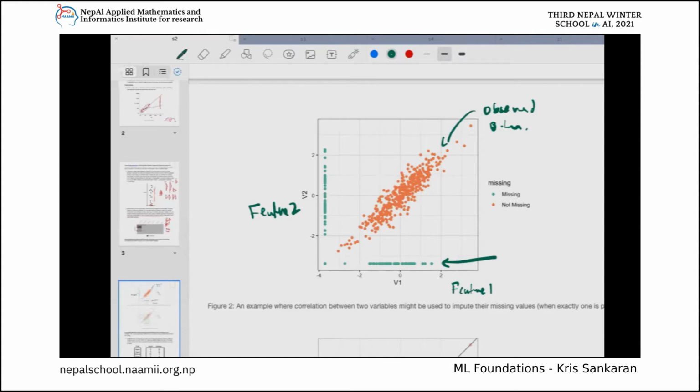They're not observed in V2. And vice versa, these are only observed for feature 2, not for feature 1. That's why I'm drawing them this way. I just make up a value for V1 for those observations. Now, if I tell you this was the value for V1, but I didn't observe the value for V2 for this observation,